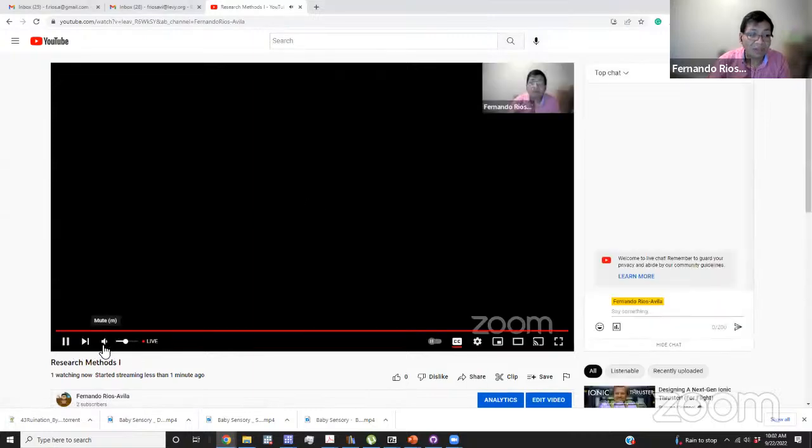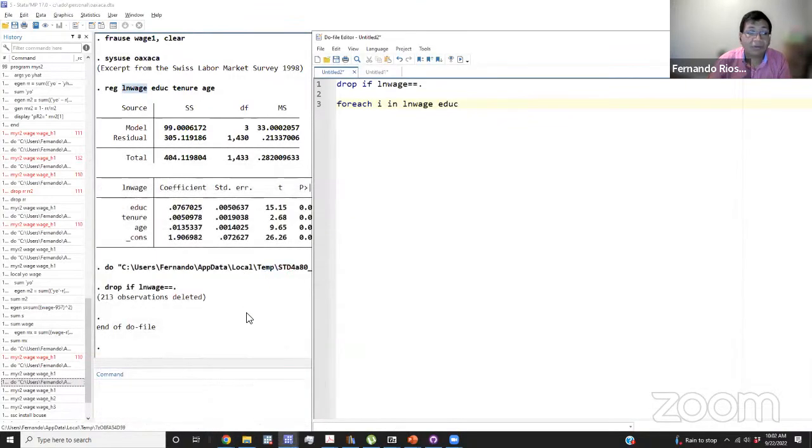So let me take this off and continue here. I wanted to write just a simple loop to do the standardization of all the variables. For the loop, in this case, I'm going to use a foreach loop. What I'm saying here is, for each i, this is the variable that will change the names, in the list of all the variables that I want to add to the model, do the following. What is the procedure? I first need to estimate